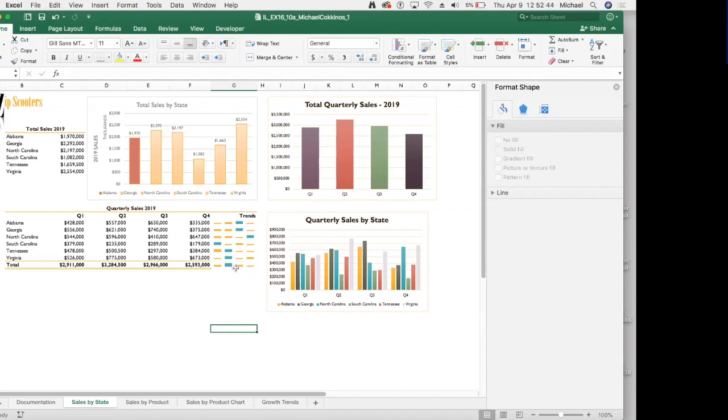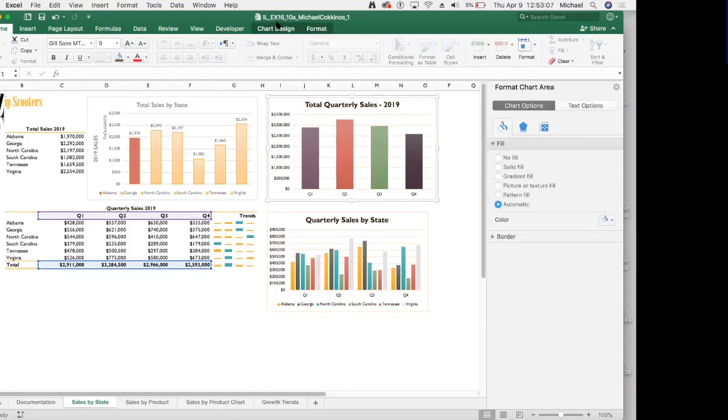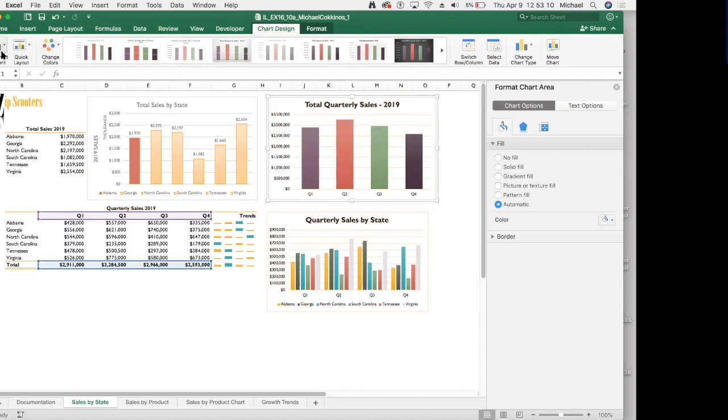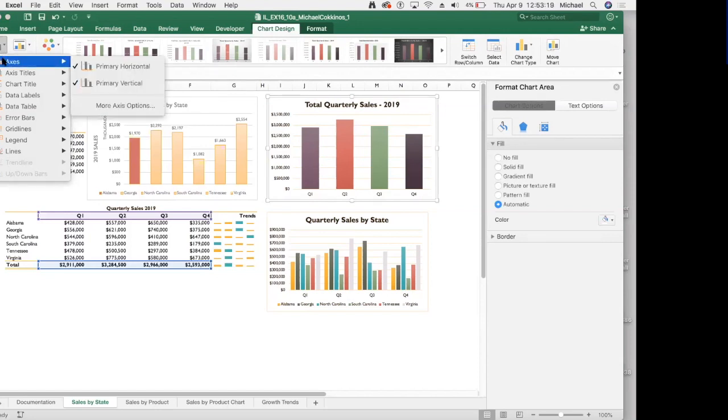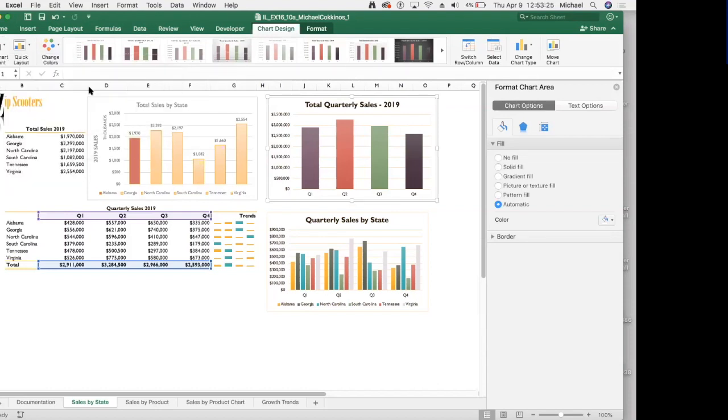And what's happening here is make the quarterly sales 2019 chart in the range I1 to O12 easy to interpret by adding sales as the primary vertical axis title. Okay, so here we go. Let's first start by highlighting the chart. And remember, if we want to add something to the chart, we're going to go to chart design and add chart element. And the element we're going to add here is a primary vertical axis title. So here we go, axis title, primary vertical, and